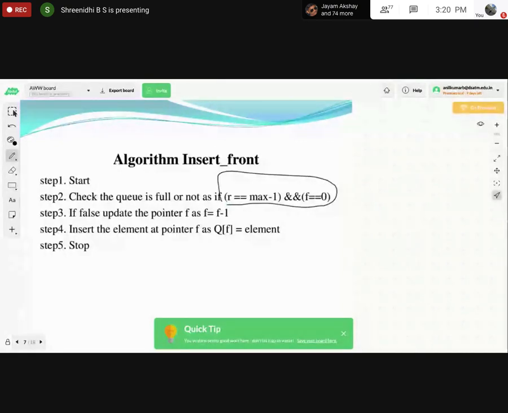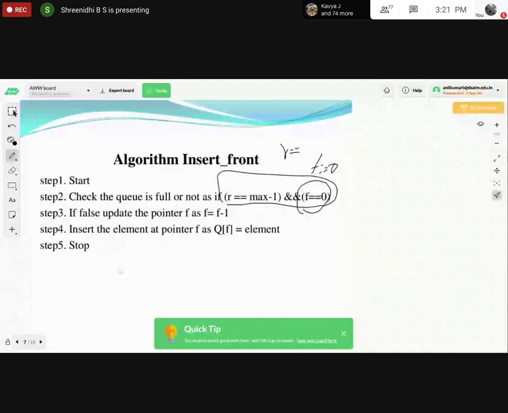So here we need to check whether rear has reached the maximum and front is equal to the first position of the queue, right? So if this condition is true, then we have to check that. If false, update the pointer f, that is, f we need to update.